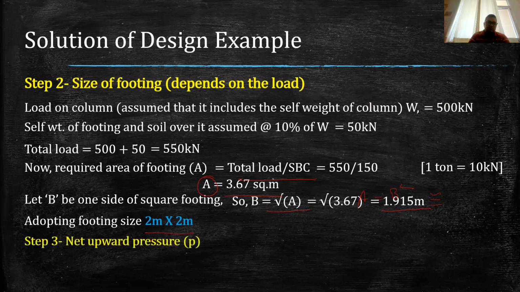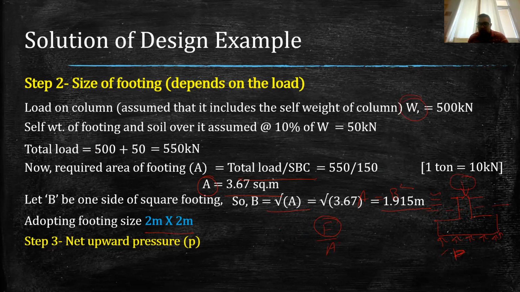Now here, our next step would be to calculate the soil upward pressure, because say this is our foundation and soil will offer the reaction in the form of pressure, which is generally expressed by small p. So this pressure, we know that pressure is force upon area. So here force will be the load coming from the column only. We will not include the self weight of foundation here, because we consider this as the system of the soil. So we will only consider the load coming from the column, which is W.